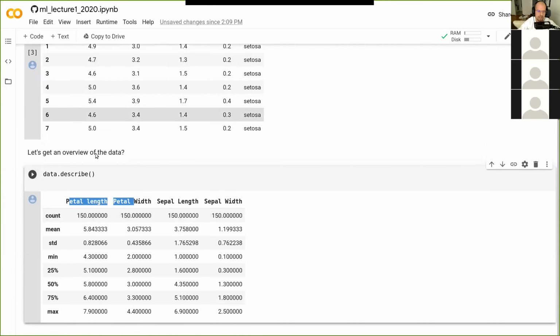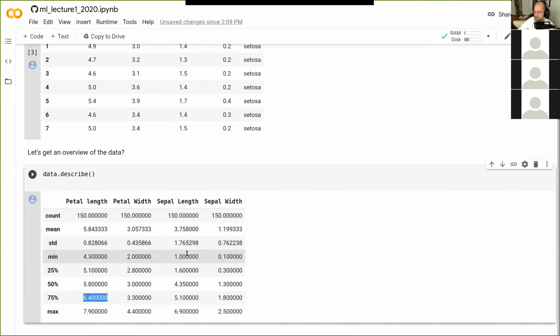So now you can see here, it's giving me the same columns again. So it has petal length, petal width, sepal length, sepal width. And then it has how many counts of each data type. So here there's 150 entries for petal length, for instance, and you can see what the mean is, and you can see what the standard deviation of all the petal lengths are, and you can see the minimum and the maximum. And here's the 25th percentile and the 50th, or normally I would call this the median. So this is the median petal length and the 75th percentile.